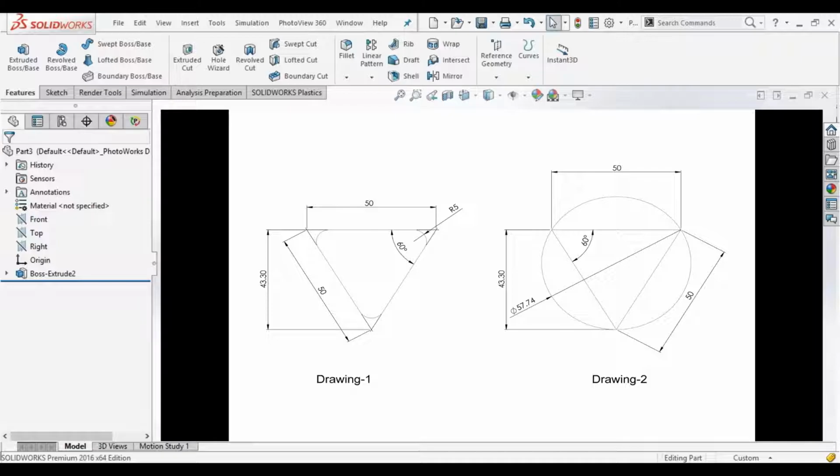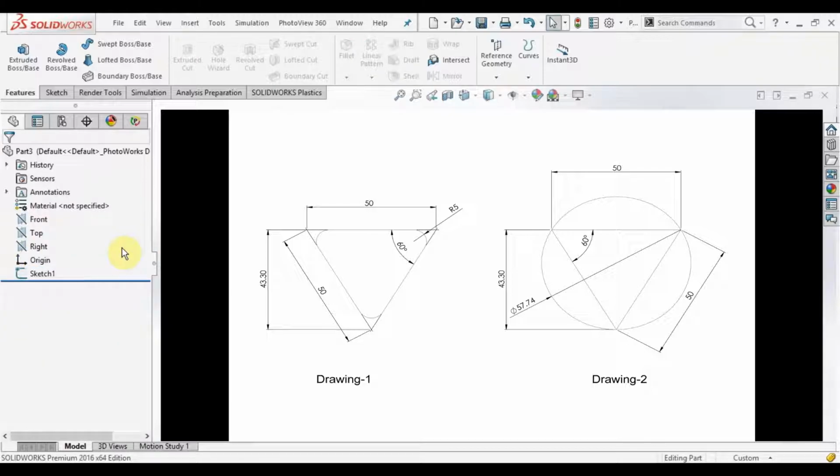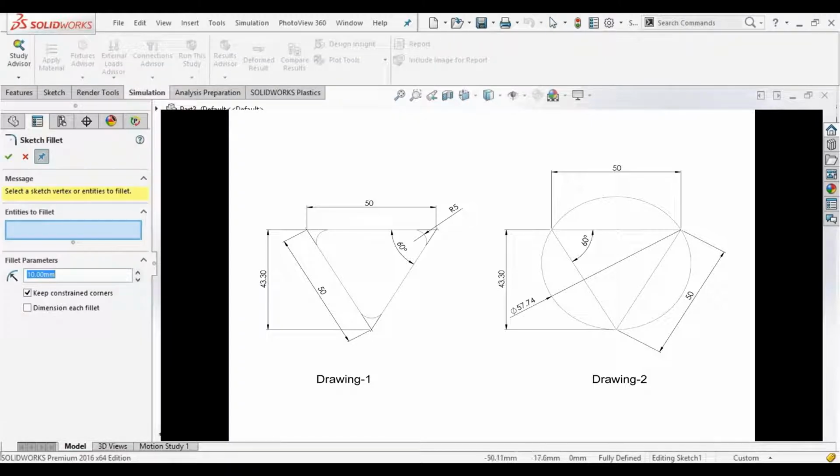You can see here there are two images, so you can make them from the line command and circle command. But I forgot to teach you one radius command, or fillet command. Let me introduce it. For a fillet or radius command, simply select sketch fillet. Okay, fillet selected, select the point at which you want to give the radius, and give the radius. Let's say it is 10 mm, and okay.